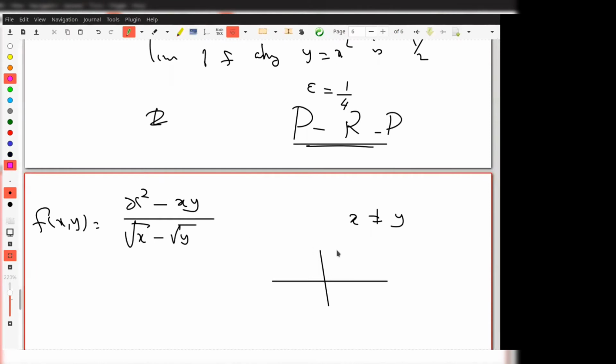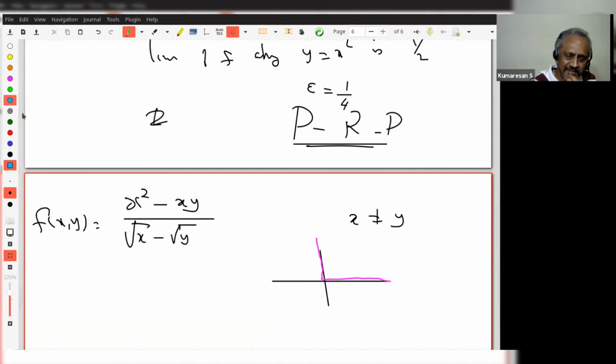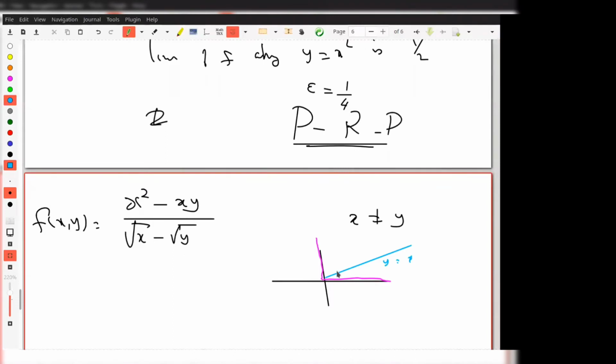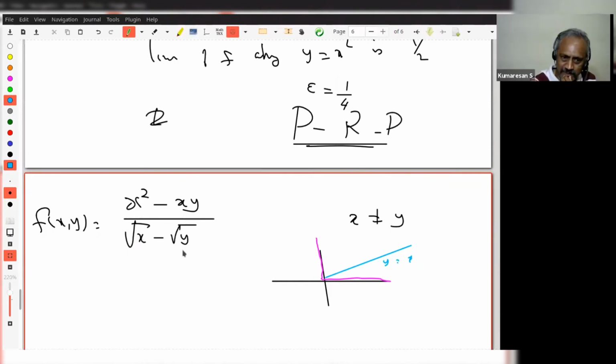So this must be the domain. You understand? This line y equal to x should not be there, because if y equal to x, then this becomes 0, right? Am I correct? Do all of you understand? This should not be 0. That means root of x should not be equal to root of y. That happens only if x equals y. Remember, they are positive, right? Therefore, that line should be excluded. And I should be able to talk about root of x. That means x must be positive. Similarly, y. So it should be in the first quadrant.